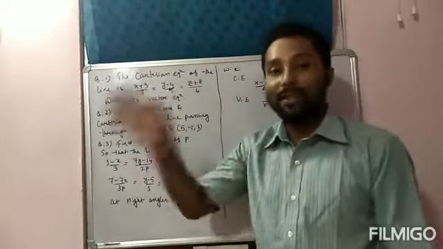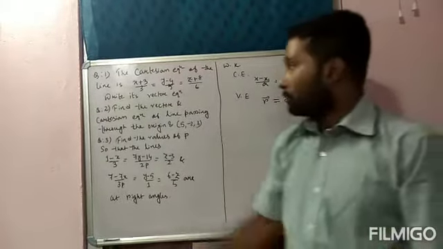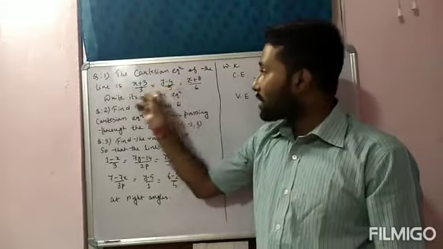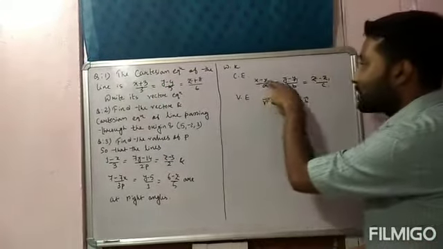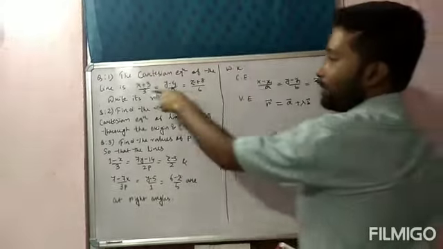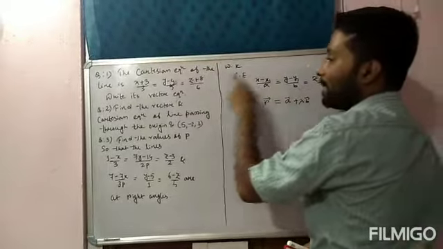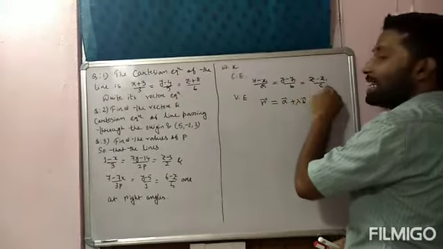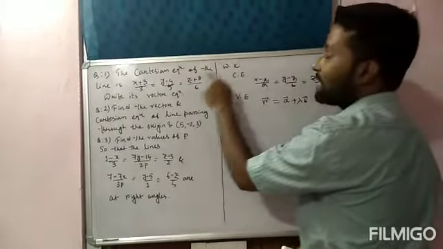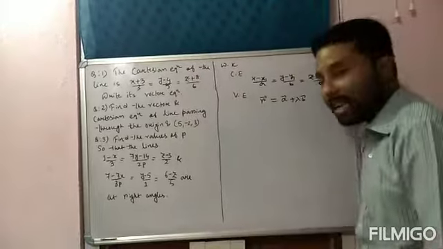I have given the derivation also. Once you can go through the derivation. Okay. So here the Cartesian equation of the line is given. Yes. Because you see the Cartesian equation is (x minus x1)/a. Here also it is given (x plus 3)/3 is equal to (y minus y1)/b. Here also it is given (y minus 4)/5 which is equal to (z minus z1)/c. Here also it is given (z plus 8)/6. So this is a Cartesian equation. You have to write in vector form.